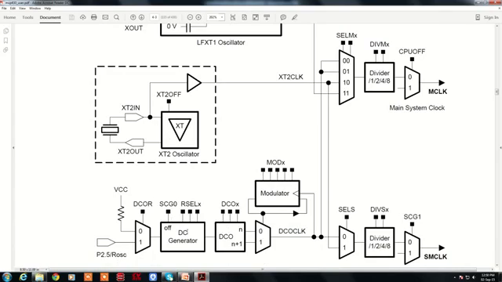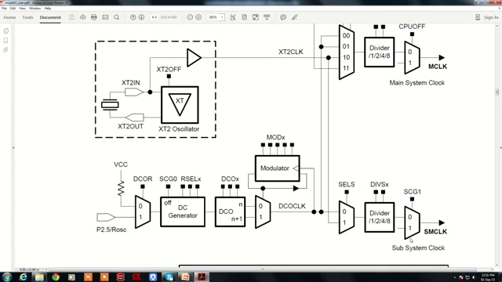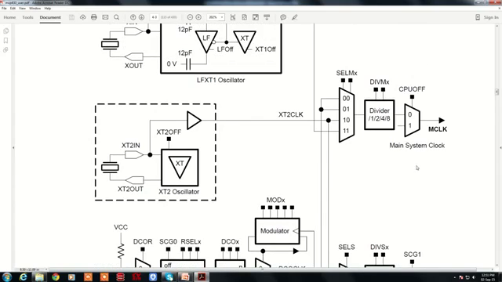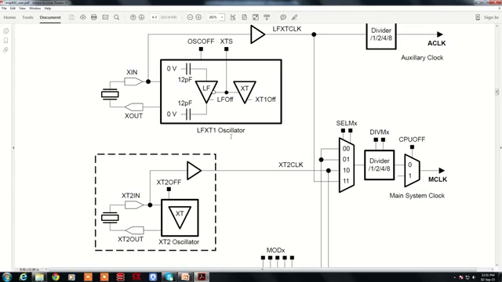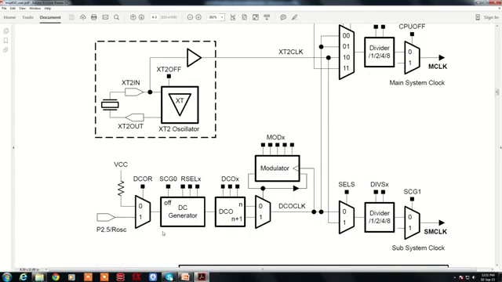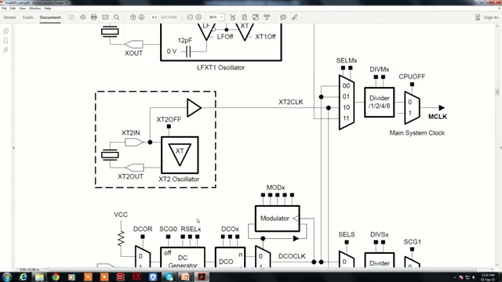As you can see, there is a DC generator where there is an RC. You can externally connect a resistor to this circuit, which can generate a clock internally without having any external clock source, and again it can be divisible, which acts as a subsystem clock source. That means now even this clock can be selected, which acts as the main system clock for the CPU. So in short, a CPU can operate either on the main clock, or a low frequency crystal, or an internal clock oscillator which is generated by RC components.